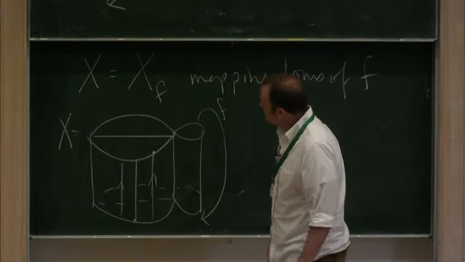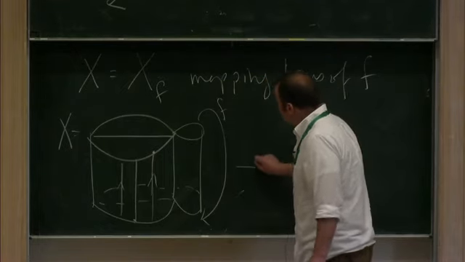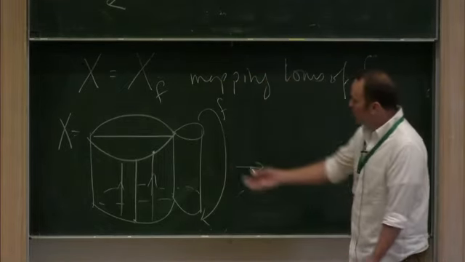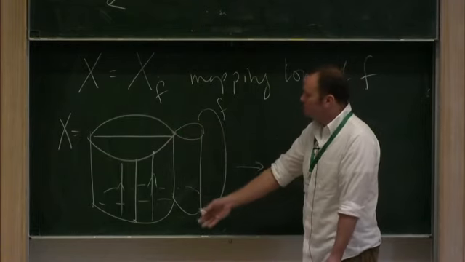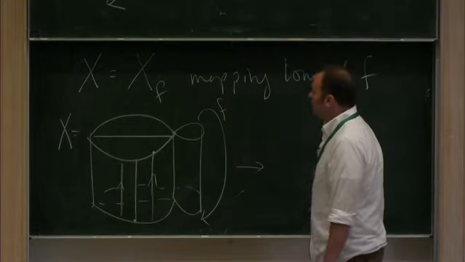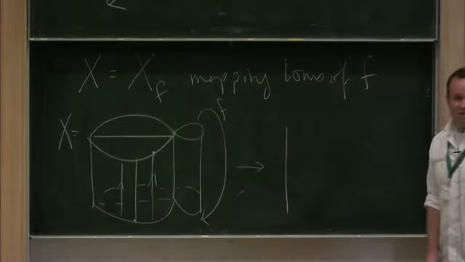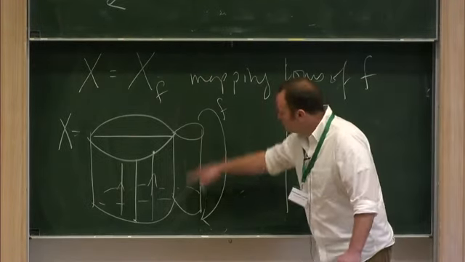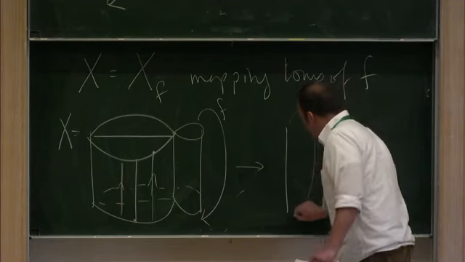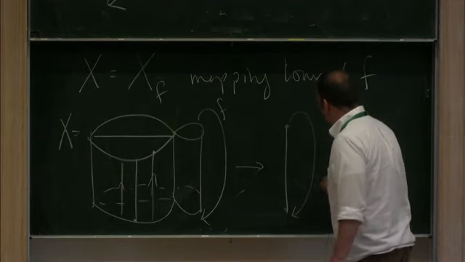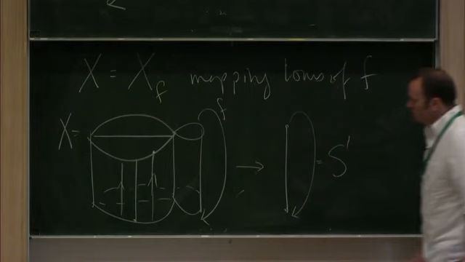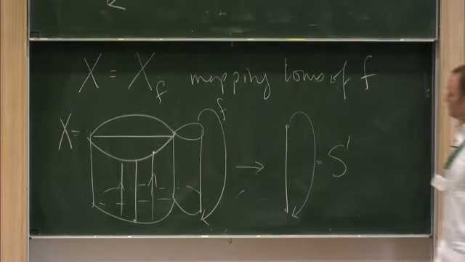This space X has a natural map to the circle. Namely, just take the product. X is the quotient of the product, the graph across the interval. Just map the product over to the interval. And then when I glue the top to the bottom, I'm gluing the top of the interval to the bottom. Well, if I glue the top to the bottom, that's just the circle. So I get a natural map to the circle